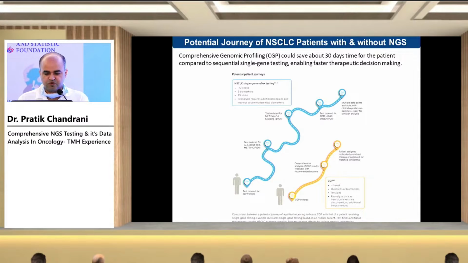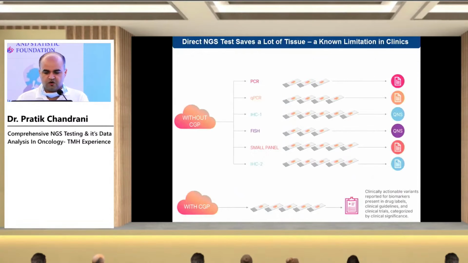Instead of that, if we go for comprehensive genomic profiling from day one in the patient, then within a week we get to know the mutational landscape, and that saves a lot of time as well as tissue. Now, coming to the tissue, how that is actually helping. Each of the individual assays that we perform in the laboratory requires roughly about 3 to 8 different sections of FFPE block, and combined together, this entire non-comprehensive genomic assay will take roughly about 25 to 30 sections minimum